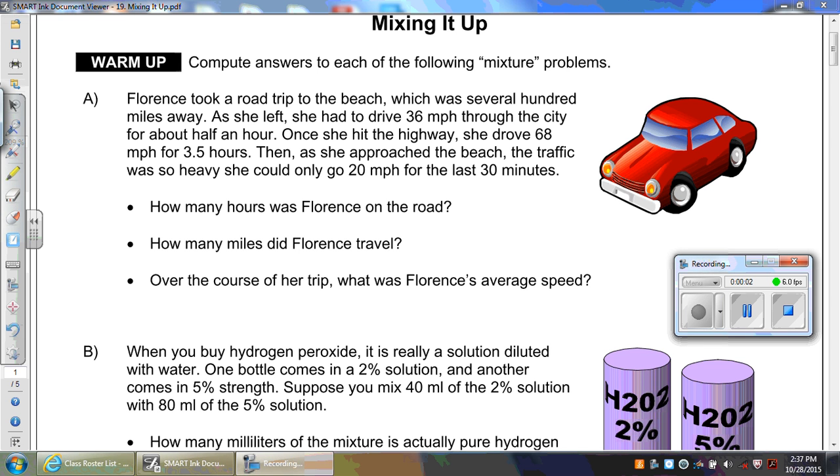We will cover the handout, mixing it up, and this will be the lesson for Wednesday, October 28th, or Thursday, October